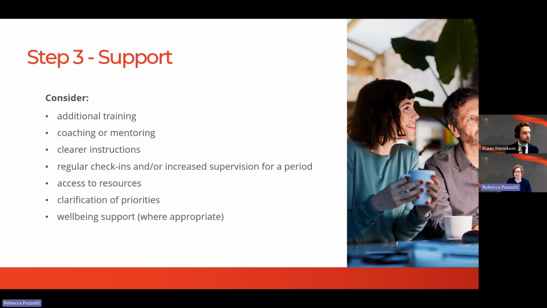For example, if the problem is that someone doesn't understand a system, then it's training that might help. If they understand the system but aren't prioritising work effectively, coaching and clearer expectations might be more appropriate. So the central question at all times is, what does the employee reasonably need in order to meet the required standard? And that's something that the manager may be in a position to assess, or the employee may be in a position to request, or something that is discovered as a consequence of this conversation.